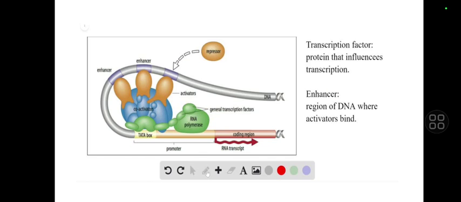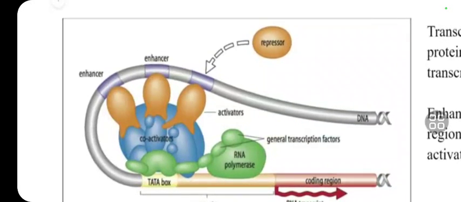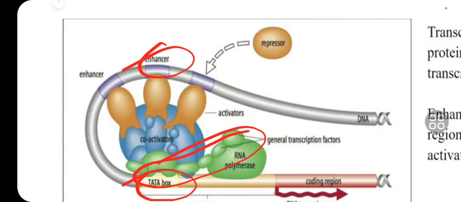So we can see here this is the enhancer, and this is the TATA box of the promoter sequence, and these are the general transcription factors. These enhancers are connected to the general transcription factors through the promoter by means of some other supplementary proteins known as co-activators,